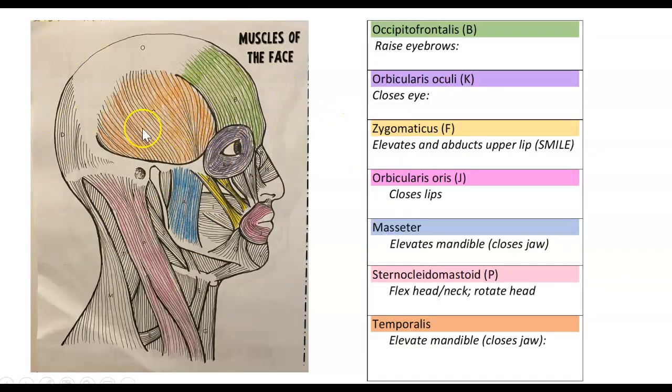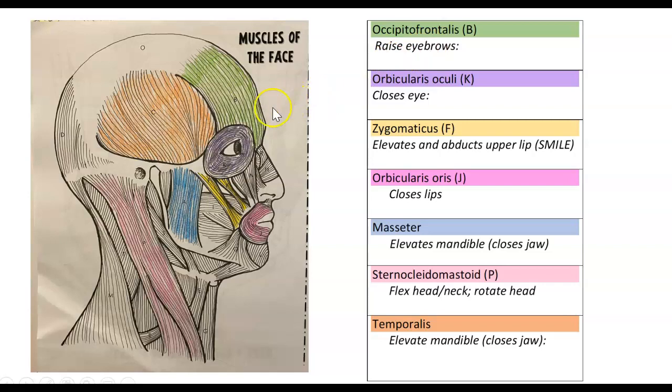Muscles of the face, again, you can see this is a lateral view. Starting with your occipitofrontalis, this is going to help you raise your eyebrows. I always think of some of these muscles as the date muscles, right? These are what you're going to use to get yourself a date. You raise your eyebrows at someone sitting across the bar, looks kind of nice, might want to